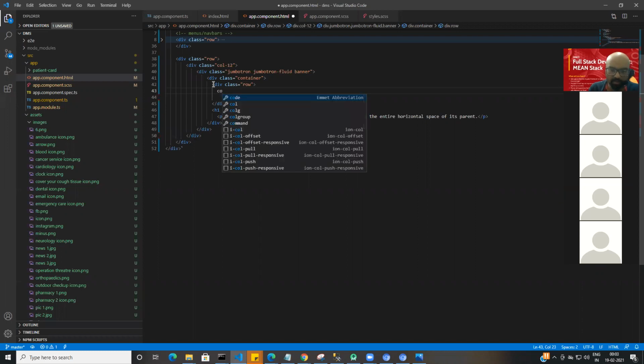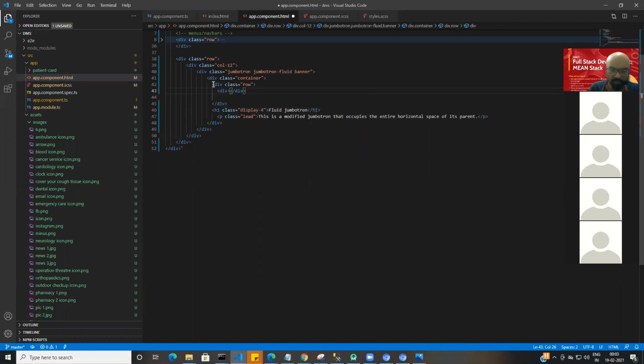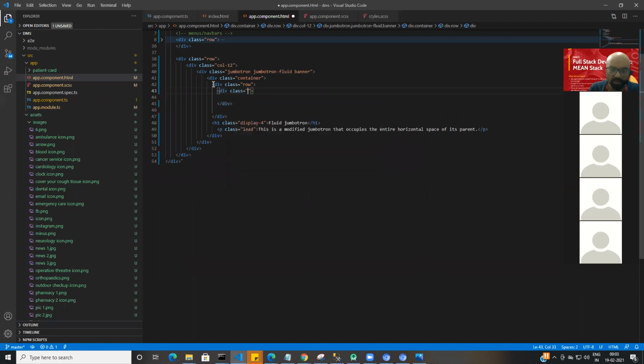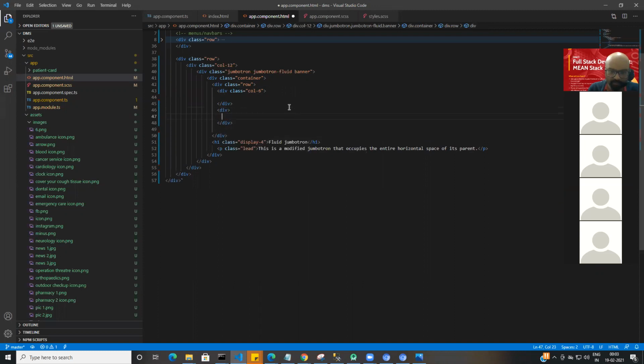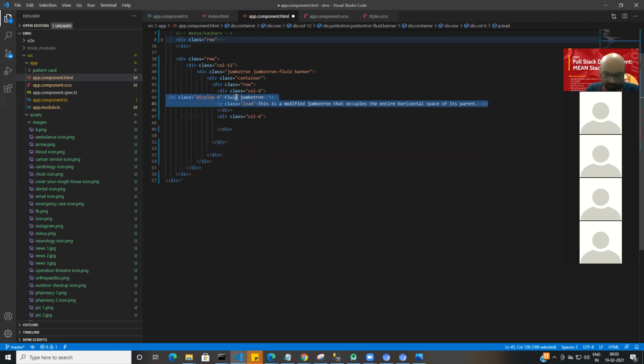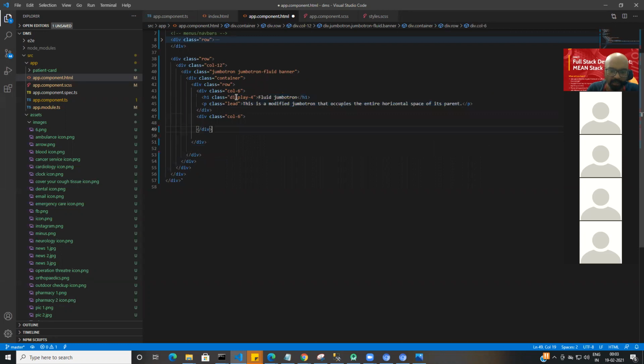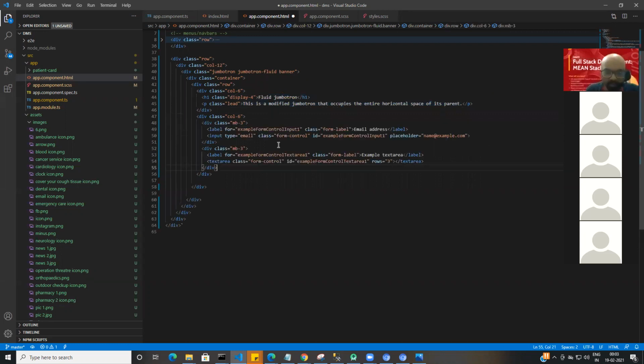Say div with class col-6, and again make a div and say class col-6, right? This much part I will put in the first half, correct, and this form information I'm going to put in the second half.